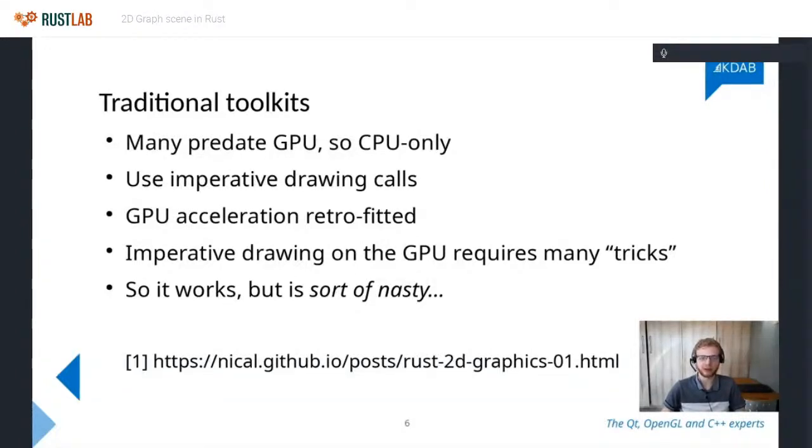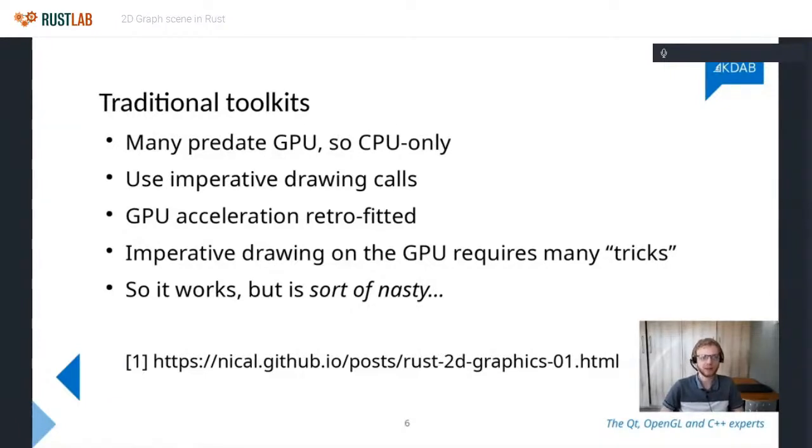You don't really want to use Qt widgets there. Many of these toolkits actually predate the GPU. It's not necessarily that they came before the invention of the GPU, but they were at least developed in a period where having a GPU in your computer wasn't mainstream. So these libraries are very CPU focused. They were designed to be able to work without a GPU, to be responsive and fast as CPU only workloads.